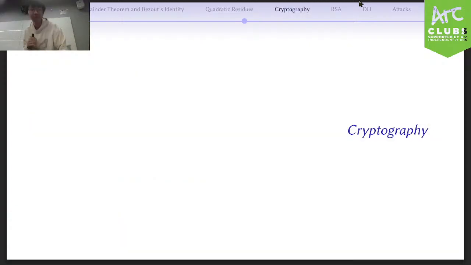Awesome. I think that's the last of it. Yeah. What's the question, Veer? The Legendre symbol again, like